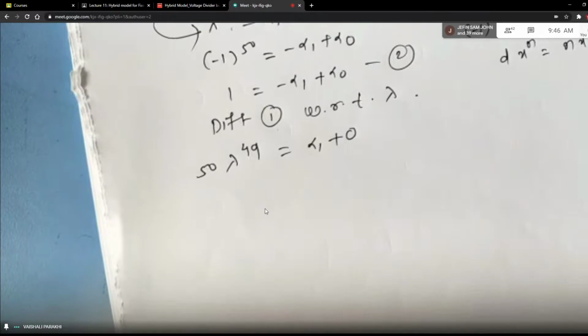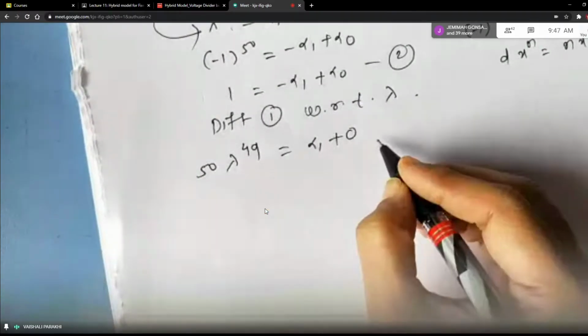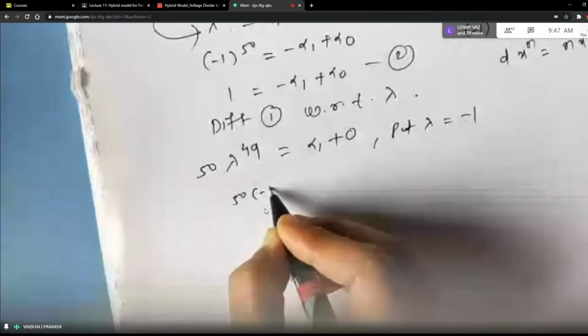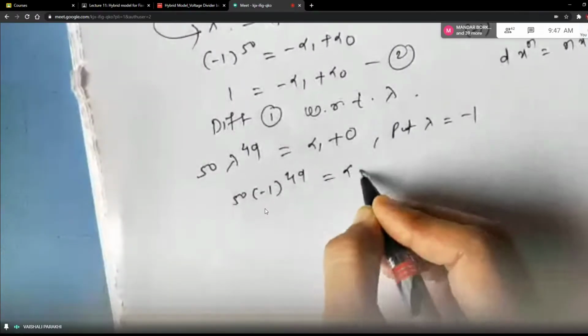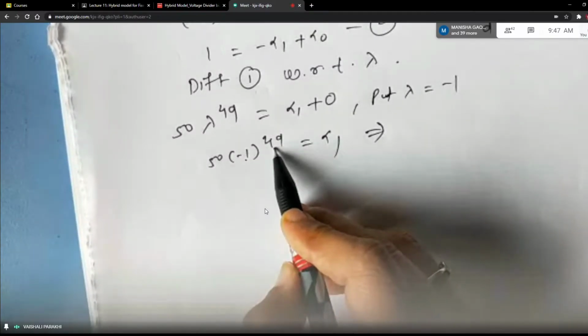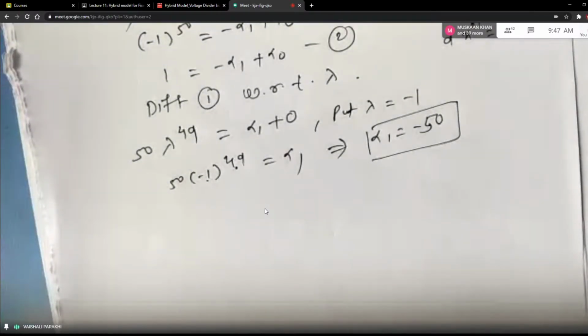Is that clear? And now we have already the value of lambda, which is minus 1. So it will be 50 times minus 1 raised to 49 is equal to alpha 1. Now, minus 1 raised to 49 is what, students? Minus 1, because 49 is an odd number, right? So alpha 1 is equal to minus 50. So one of the values we got, students, out of alpha naught and alpha 1, we have alpha 1 equal